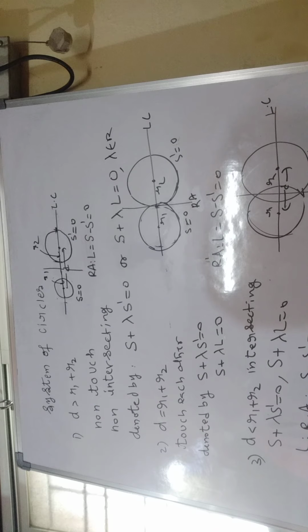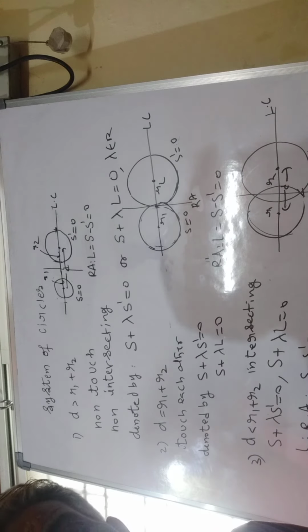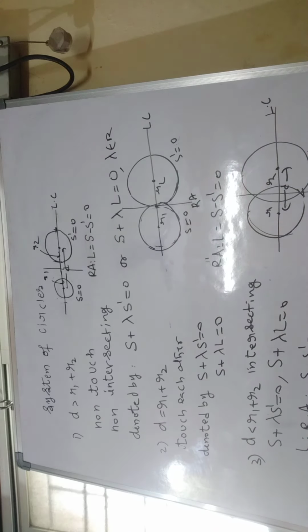But if you take S minus S dash is equal to 0, you know in first year we do circumcenter. There we use SA square is equal to SB square. So it is the perpendicular bisector of both centers of the circles. That is nothing but sometimes what you call the radical axis, and in the other two cases, common chord and common tangent is the radical axis. It is nothing but S minus S dash is equal to 0. If you make SA equal to SB, as in first year circumcenter, you get the same line equation. Here that is only called radical axis.